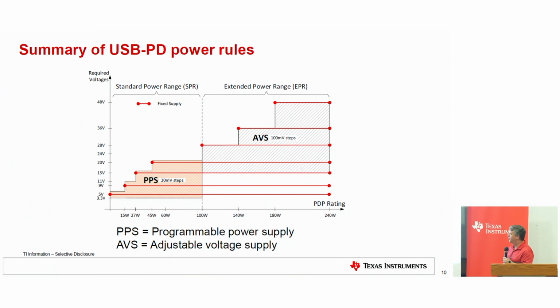I mentioned a few minutes ago the variable voltage within. So when I talk USB PD 3.0, that 5 volt up to 20 volt is called SPR, standard power range. Within SPR, again, I mentioned 5 volt, 9 volt, 15 volt, 20 volt. Then you can also do what's called PPS, Programmable Power Supply solutions. They're in 20 millivolt steps.